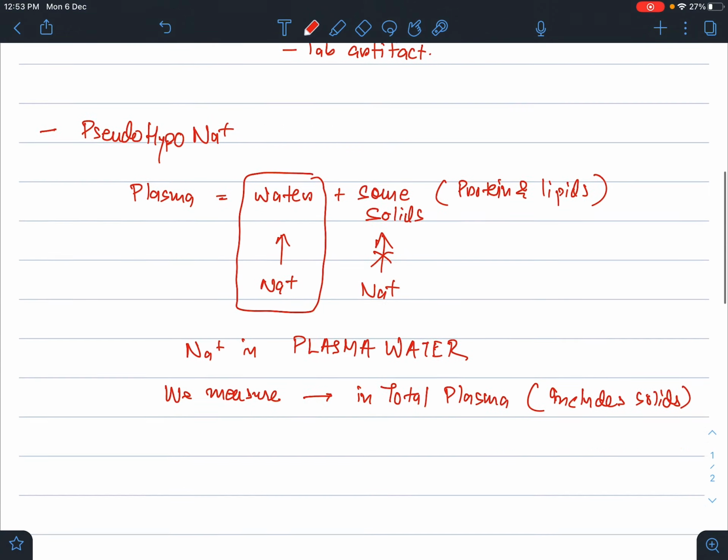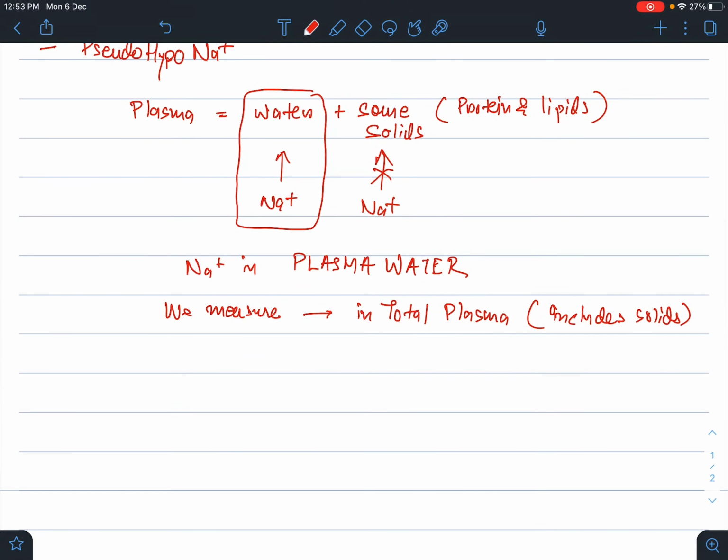To make it clear by example, suppose the actual sodium concentration in plasma water is, emphasize the word water here, we are not talking about whole plasma, we are talking about water in the plasma, let's say 150 millimole